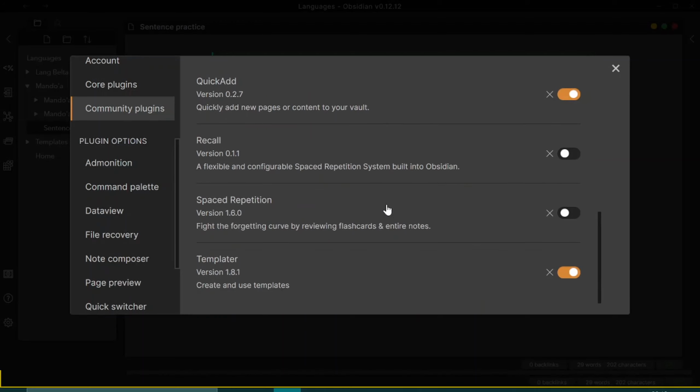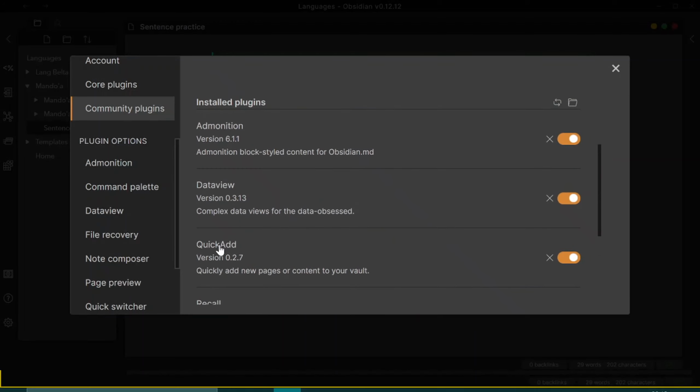I have Quick Add installed but not enabled, sorry, since I don't use it. I've been messing with the vault structure. It's been kind of useless since anytime I set something up, I've probably changed it and it no longer works. But Quick Add means you can make notes, add new pages, add new sections to a page instantly, very, very easily. And now we come on to